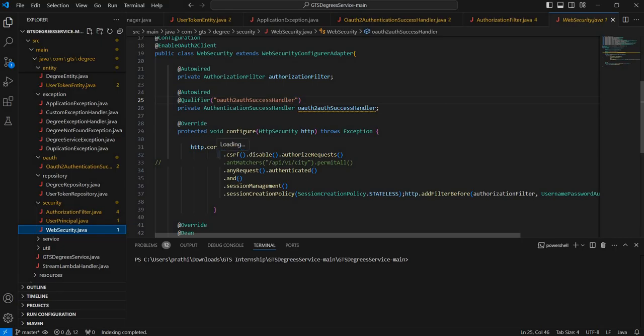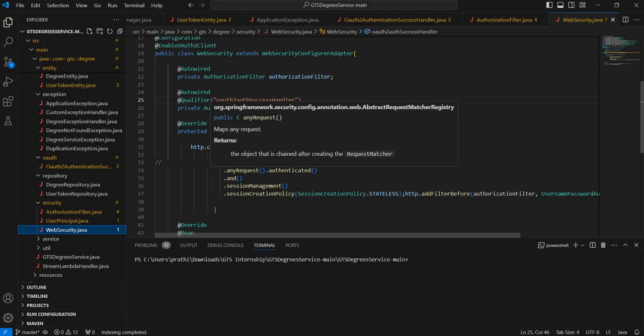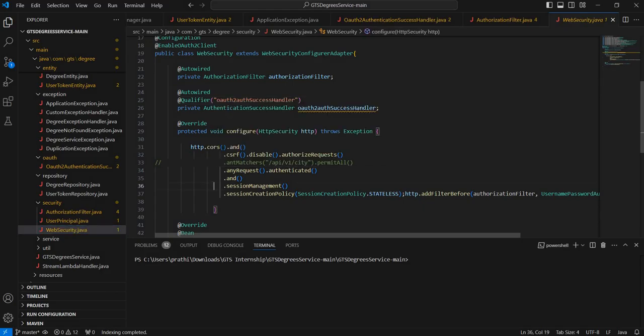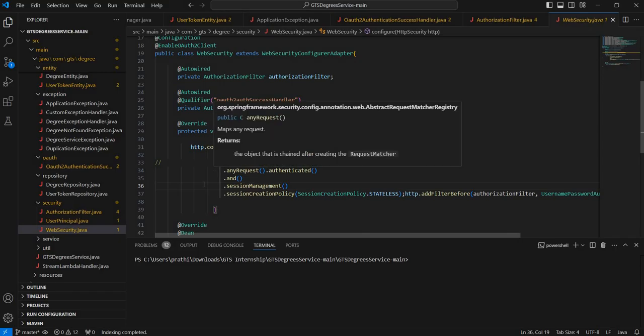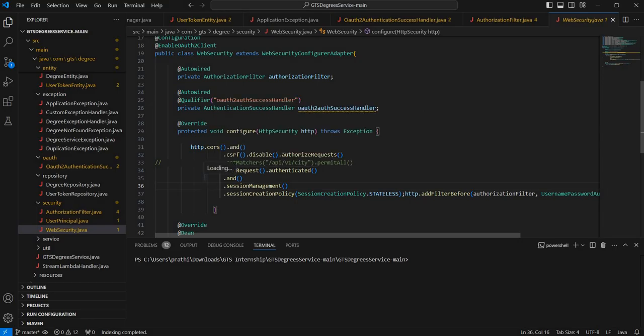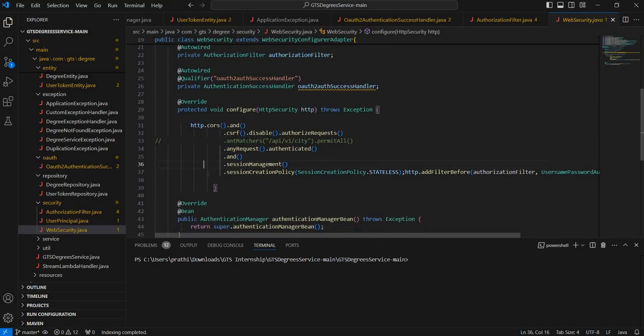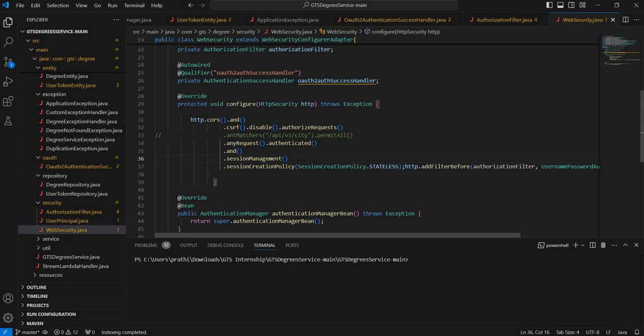So CORS, I have already told that CORS is cross origin resource sharing. It helps in managing the HTTP status, and CSRF is a stateless API. It helps to manage the security token, and authorize request helps to enter the details of authorization and authenticated. So session management is to store any session, it helps to store the session data, and here